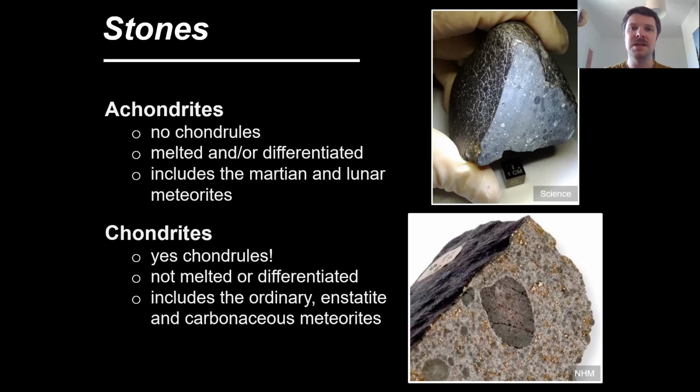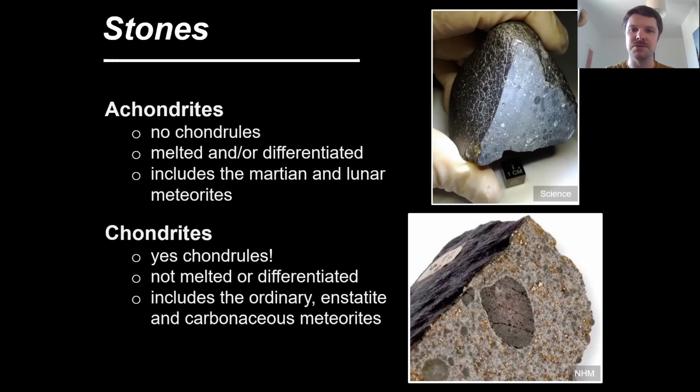in those asteroids. If you don't melt those rocks, that means those asteroids still contain all the original materials that were there within that protoplanetary disk. So all that stuff that was going around our early sun is locked up within these chondrite meteorites. They're a really important set of meteorites for understanding what the original building blocks in our own solar system were. And as I said, there are several different groups of chondrites, but the main three are the ordinary, the enstatite,